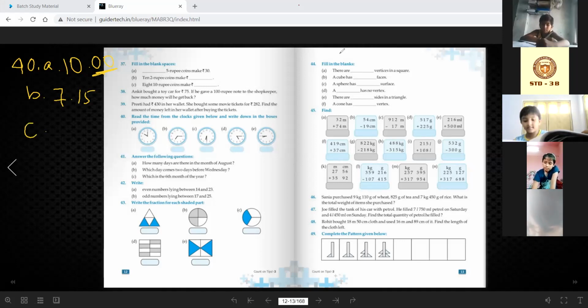Okay. Now C. C is what? C is given that the smaller hand is in between 6 and 7. So the hour is the smaller number, that means the 6. And the bigger hand is also on the 6. Right? So the time will be 6 into 5. Means when the hour is that number we will take it, and we will multiply the bigger hand's number by 5, and the time becomes 6:30. So I hope that 40 ABC all of you understood.